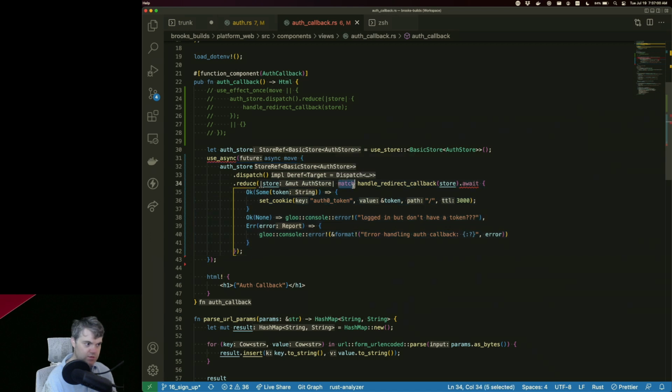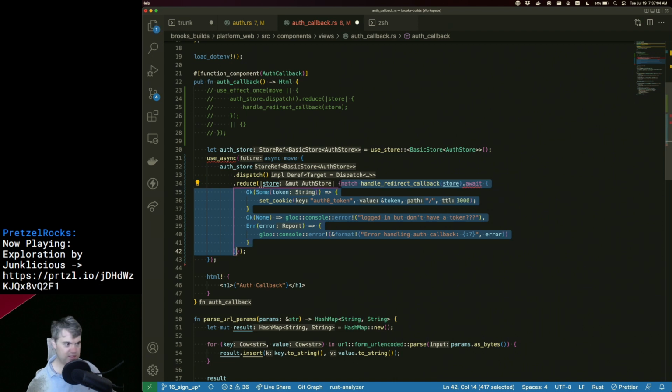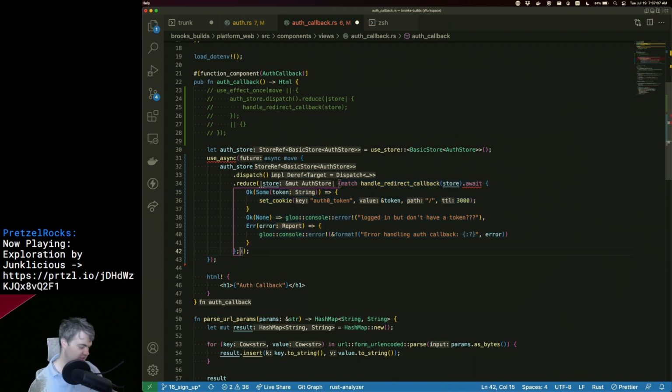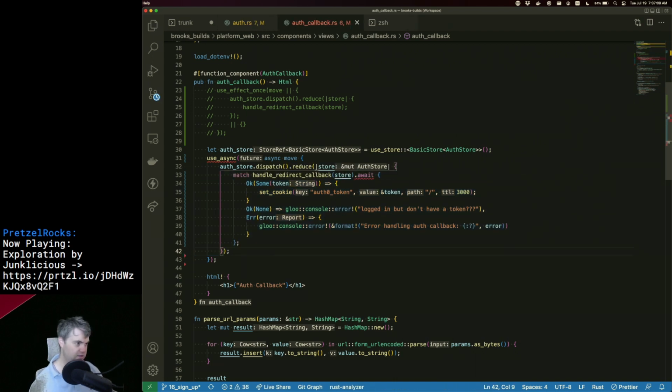Okay, so for purple, I can do maybe another one of these. And then semicolon there. Still same problem, but I'm getting better indentation.